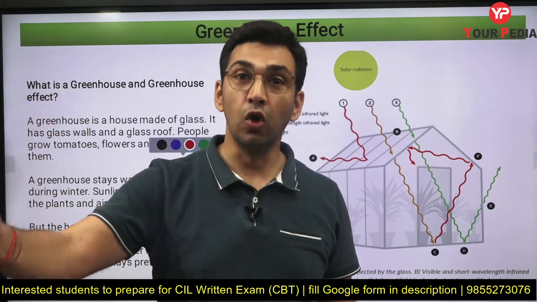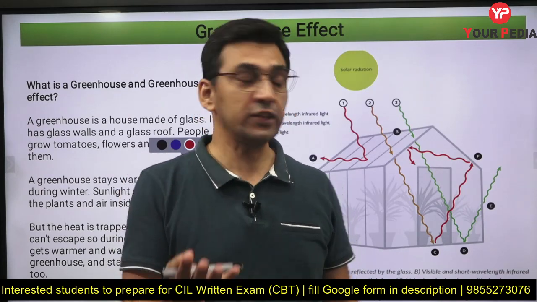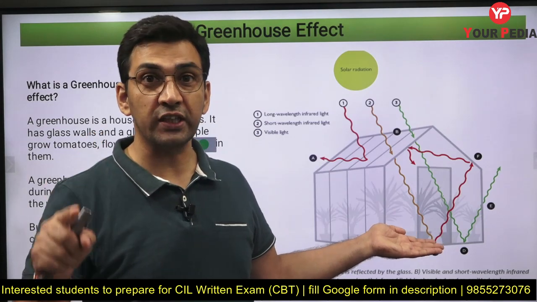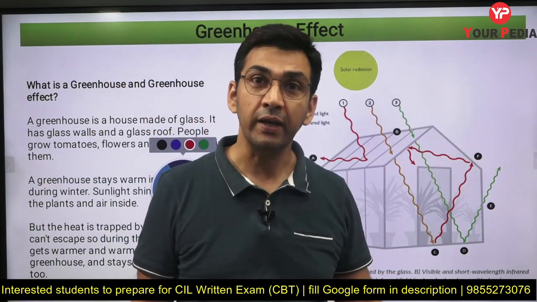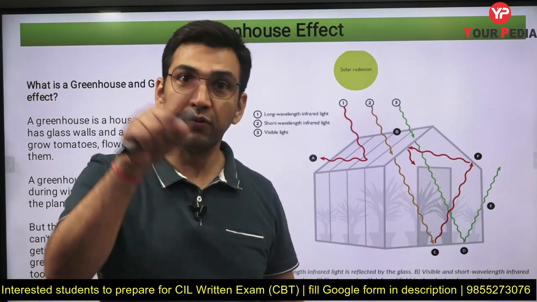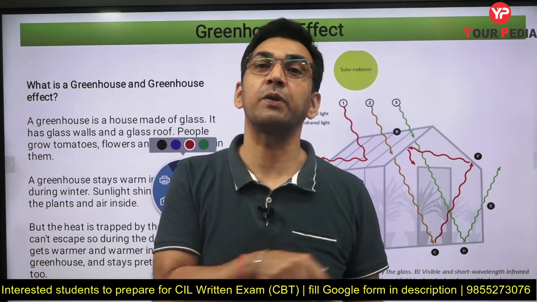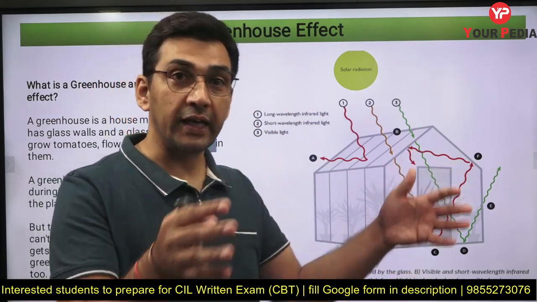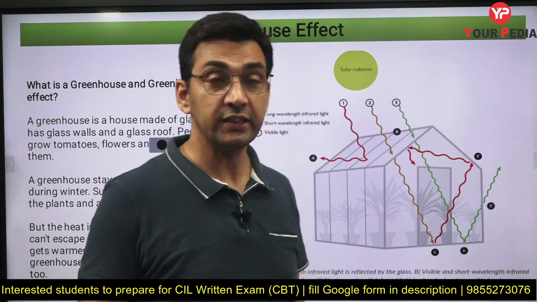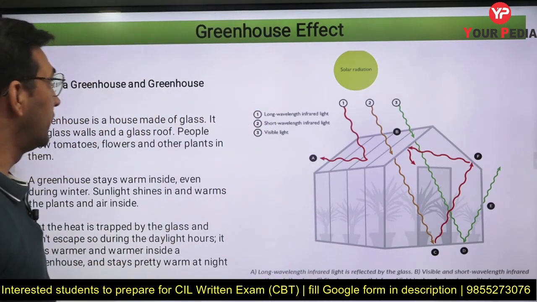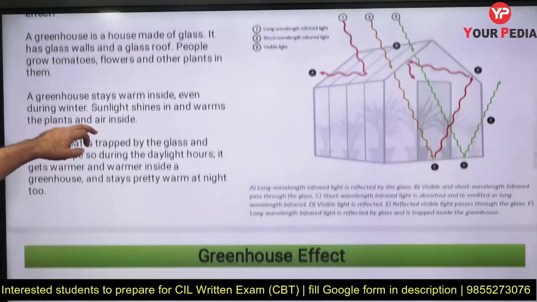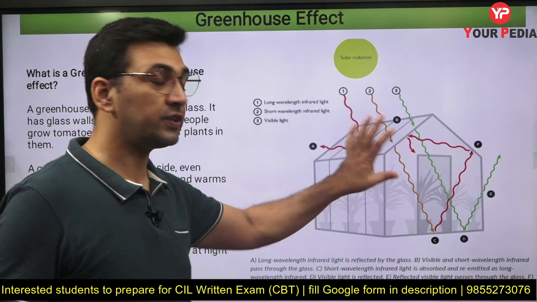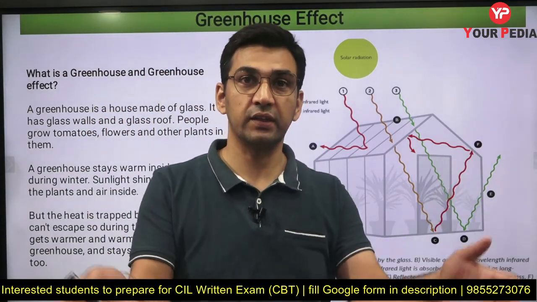Those having the longer wavelength, because the Earth's surface will emit the longer wavelength radiations, and those longer wavelength radiations don't have sufficient energy to escape out of that window pane or glass window, and therefore they will be reflected back and circulated inside that particular greenhouse, keeping that space warm. That is the mechanism of keeping warmth inside the greenhouse. Now that was all related to the greenhouse when we created that structure.